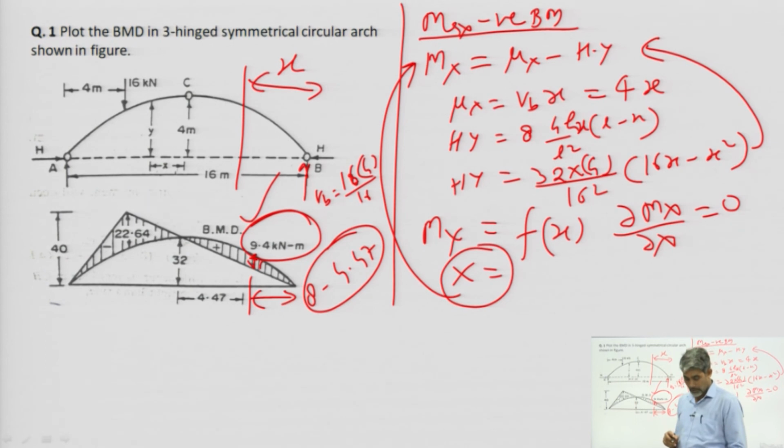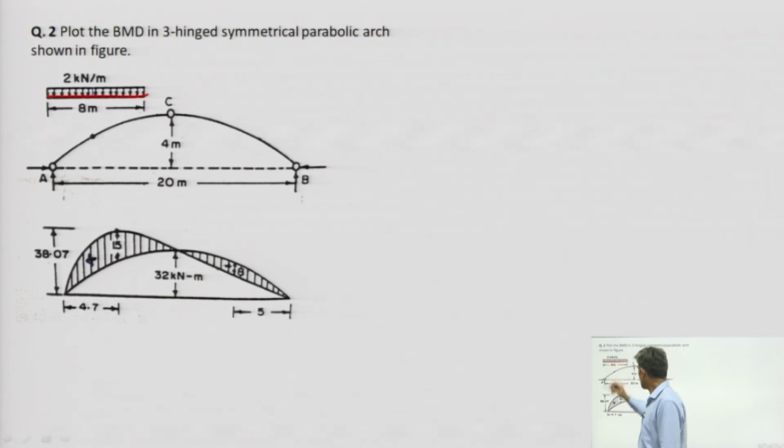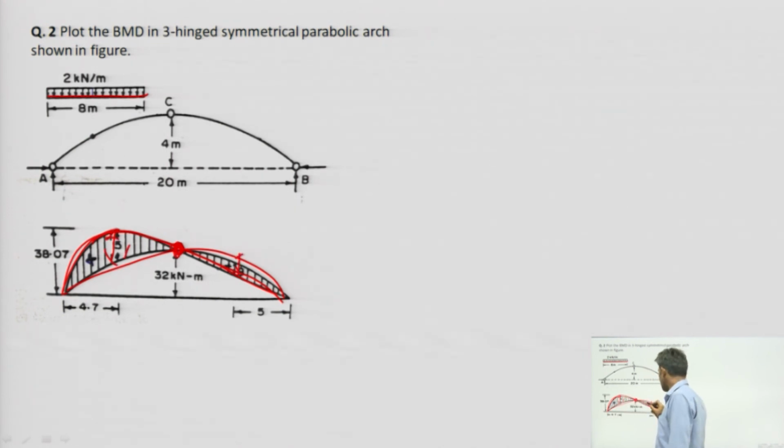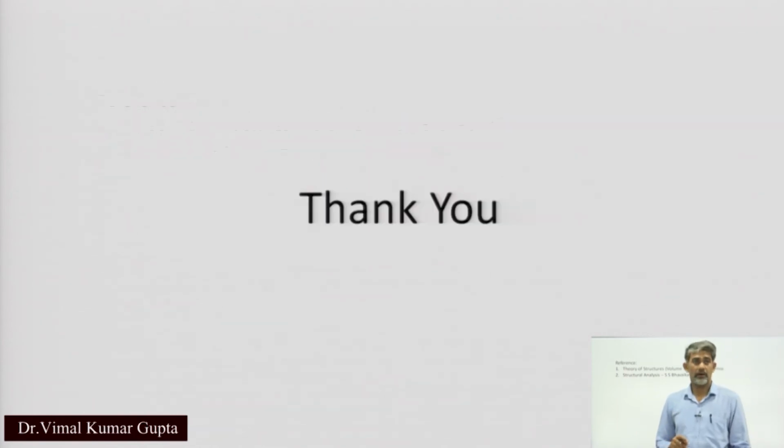Okay. So, this is if loading is UDL, then what will change? Okay. The h y moment is exactly the same as in the case of the beam moment, and the beam moment will have this shape. So, the positive and negative, we will calculate by a similar method as explained previously. Yes. So, references, and thank you.